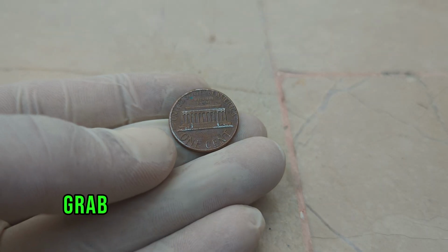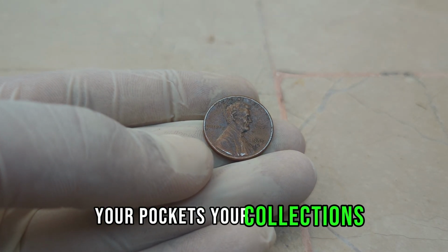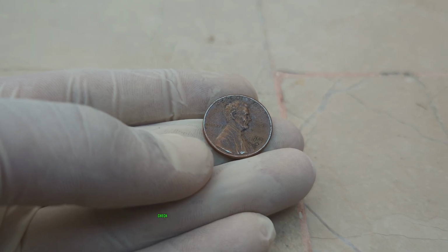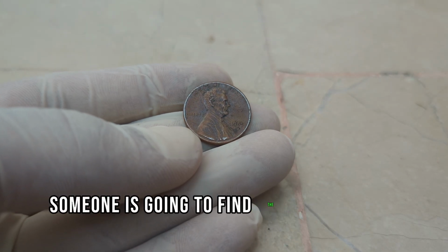Tonight, grab that jar of pennies. Search your drawers, your pockets, your collections. Look for the 1985 D. Study it. Check the mint mark, the lettering, the strikes, because someone is going to find the next $1 million